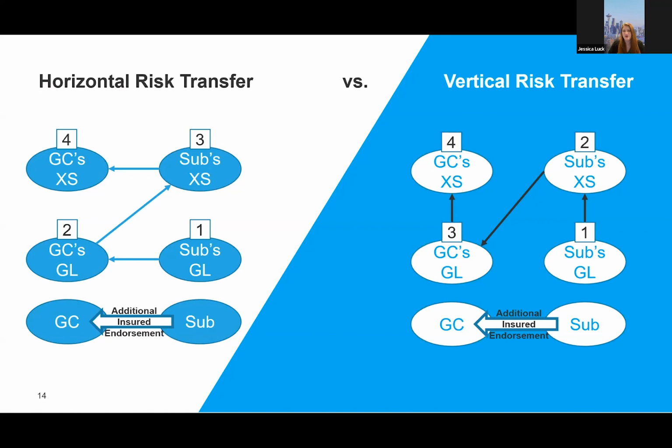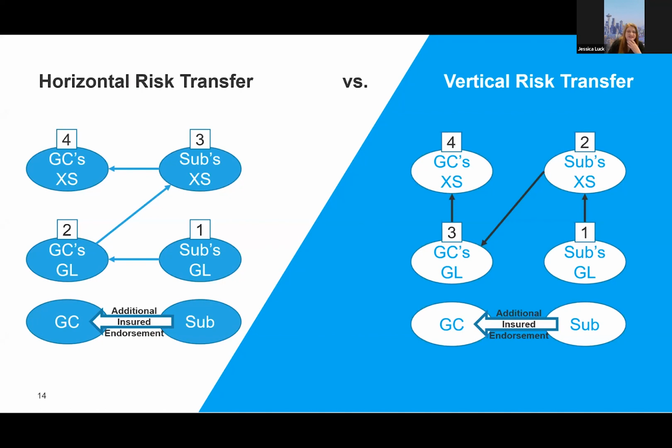Horizontal risk transfer occurs when all of the general liability policy limits available have been exhausted by all parties before any excess or umbrella policy coverage will contribute. Horizontal exhaustion may leave a downstream party exposed to a breach of contract claim by an upstream party if this requirement isn't satisfied properly. If you look at the picture on the left side of the slide,